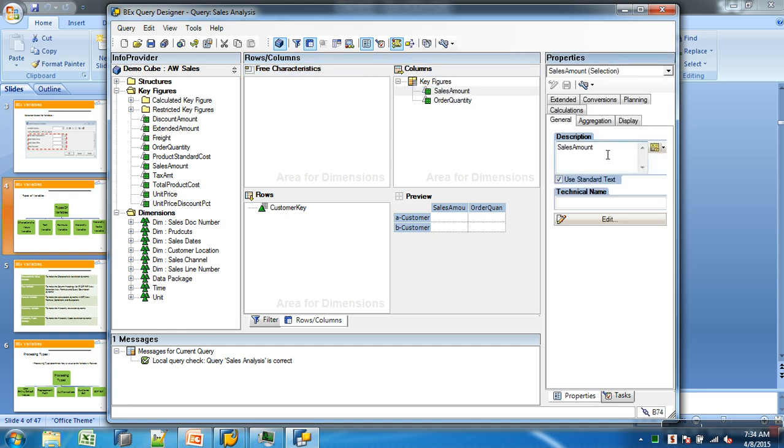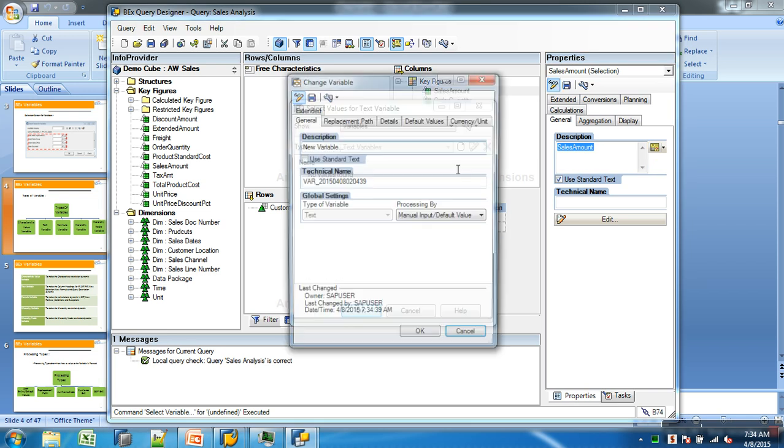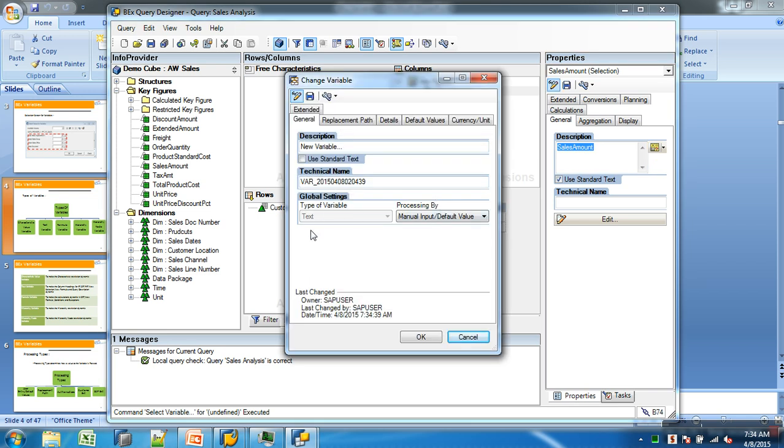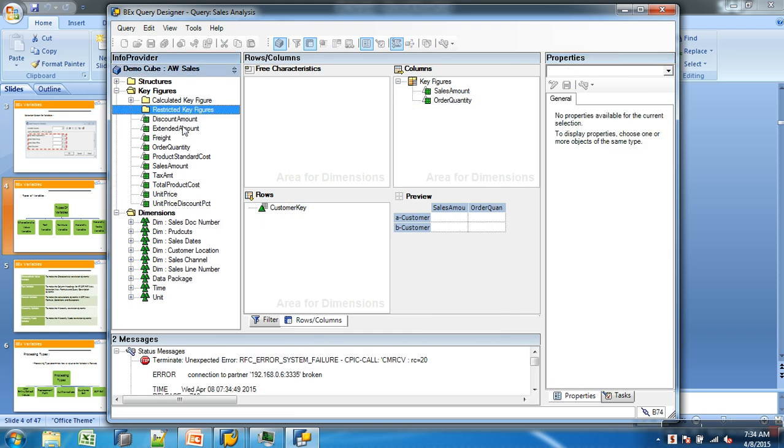This is a description of it. I can make this dynamic by using text variables here. I can say create. So what type of variable is it? Text. So that is one. And even in case of, say, you building a